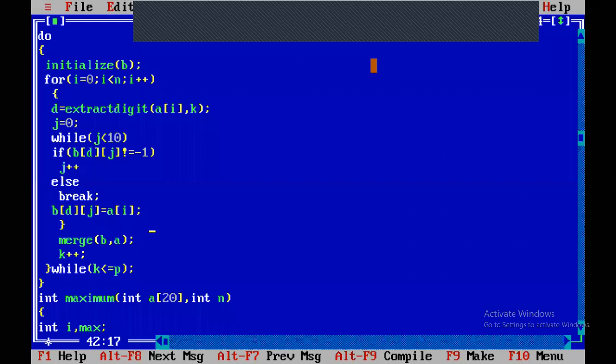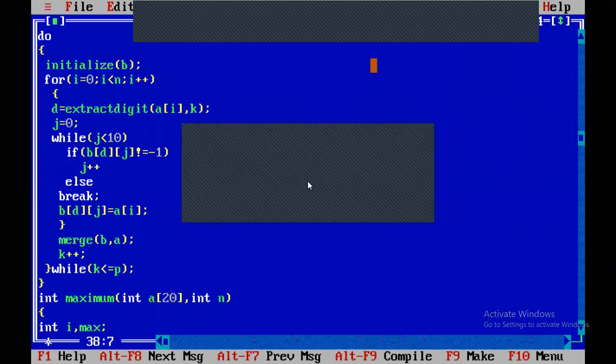Match b comma a. Okay. And then what is this? If 39, 38, 39 LC, if okay, we signed out because of currently signed in another device.